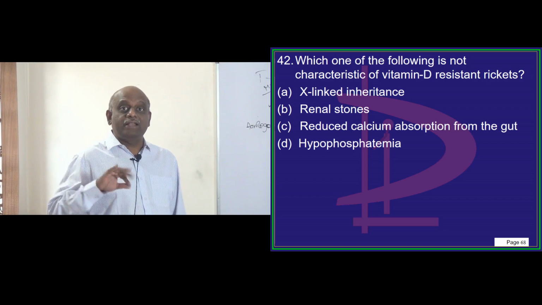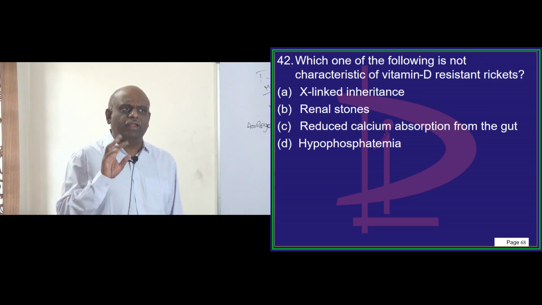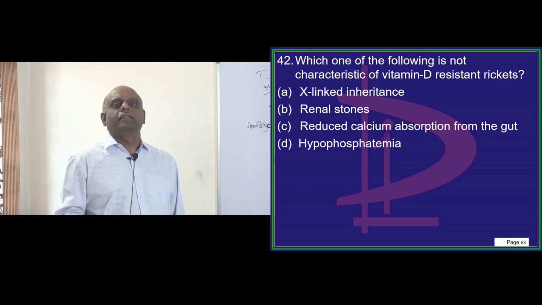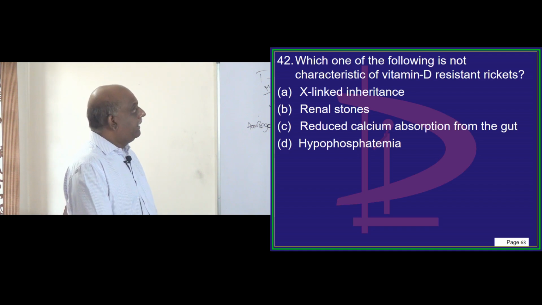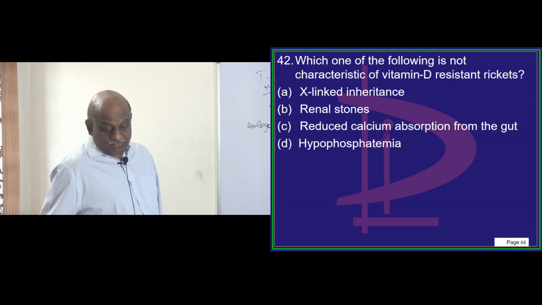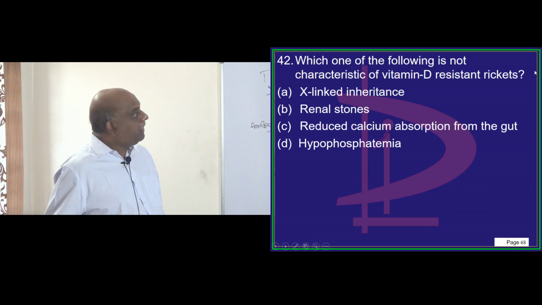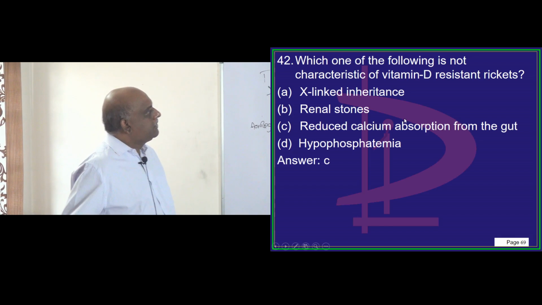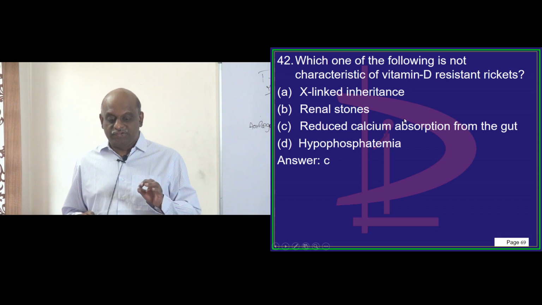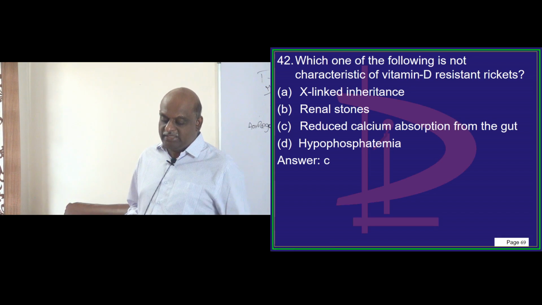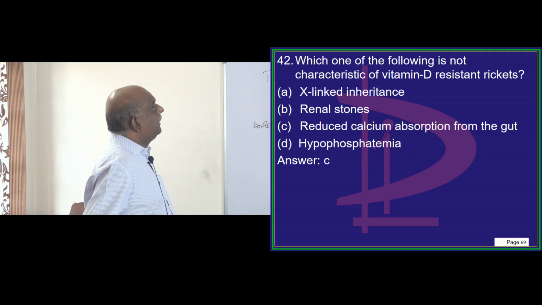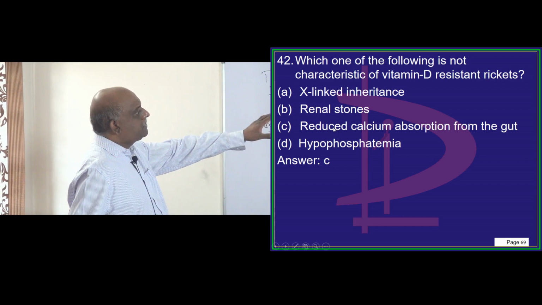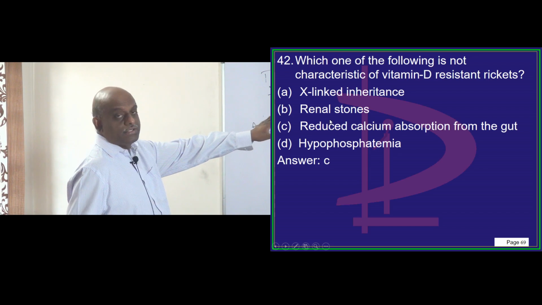Classical example of X-linked dominant condition, very few. That is the vitamin D resistant rickets. You cannot do this wrong. Right? How come Solomon, Krishna Soumya are also clean bowled? So doctor, C. Dr. Ashwini is 100% right. Congratulations, Ashwini. So, reduced renal stones, then